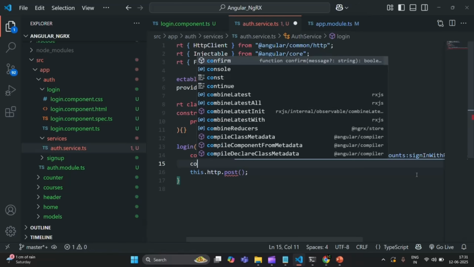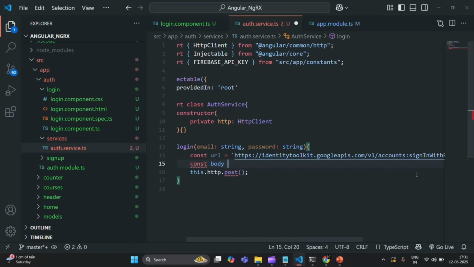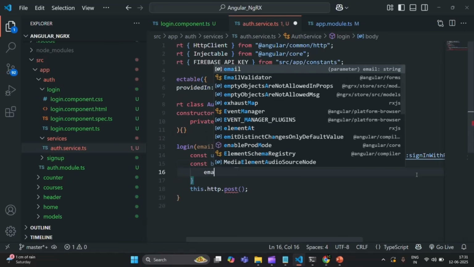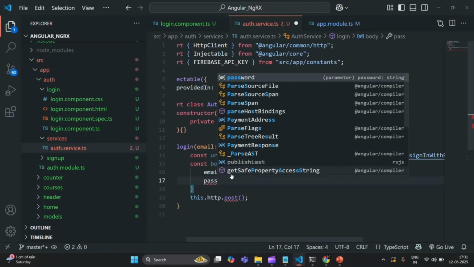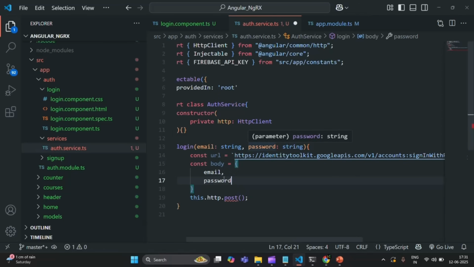Now let's also create another constant and I'm going to call it body. And this body is basically going to be an object where I want to have an email field, and this email I'll assign with this email. And since the property name and the parameter which we want to assign to it is the same, I don't need to explicitly assign it. I can simply say email, and this email will be assigned with the value stored in this email parameter. And in the same way, we also need to pass the password. Again, since the name is same, we don't need to explicitly assign it